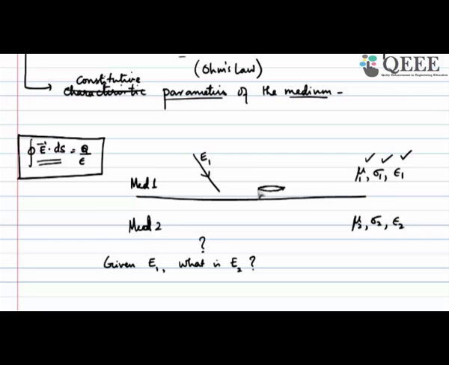partly in medium 1 and another part in medium 2. This is the surface I am picking. One part of the surface is in medium 1, another part is in medium 2. Now Gauss law is true everywhere, which means it has to be true for this surface also. It is true for any surface. So I am going to apply Gauss law to the surface that I have pointed out,